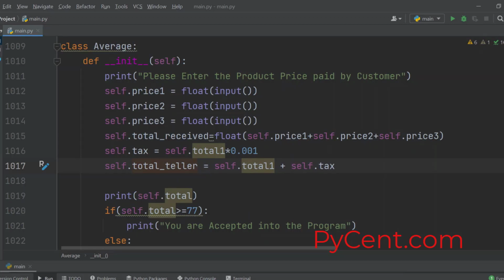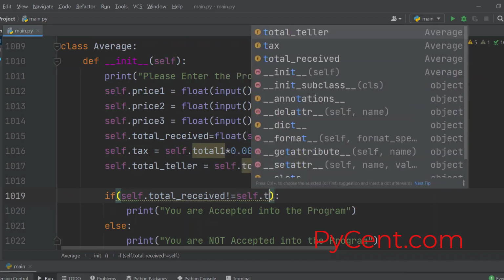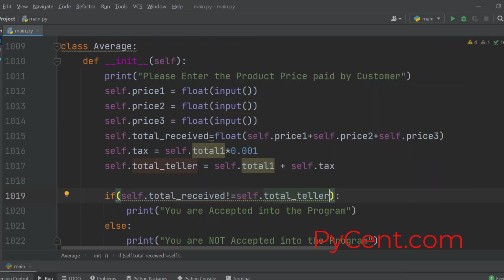Now we need to make a check. What is the check? I don't need this. The check is: if the total received from the aunt is not equal to the total calculated by the teller, right, then